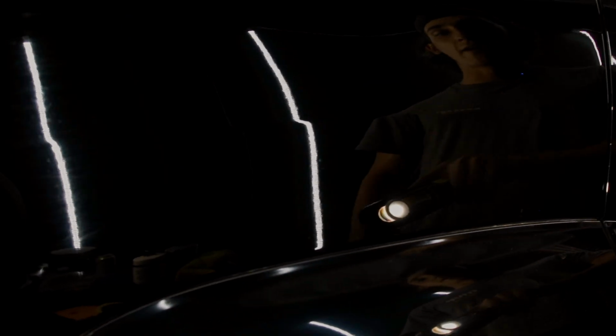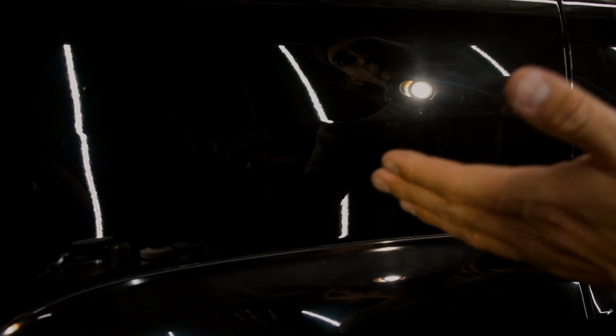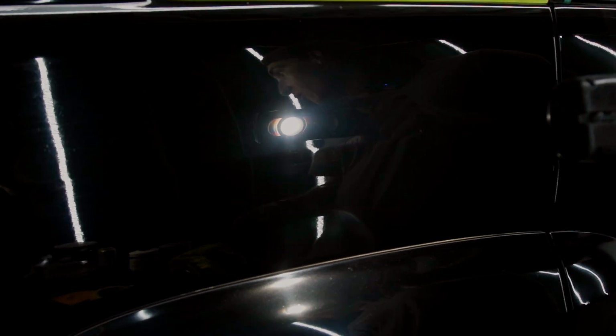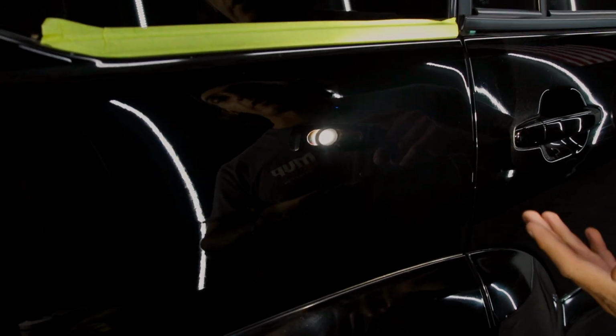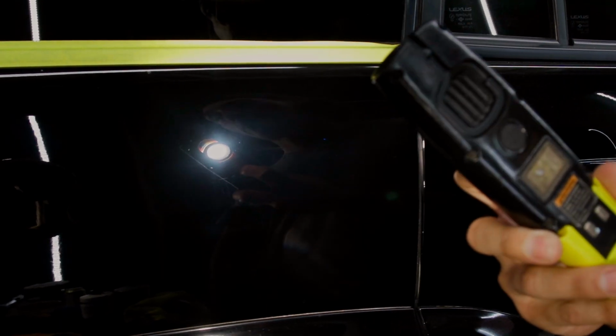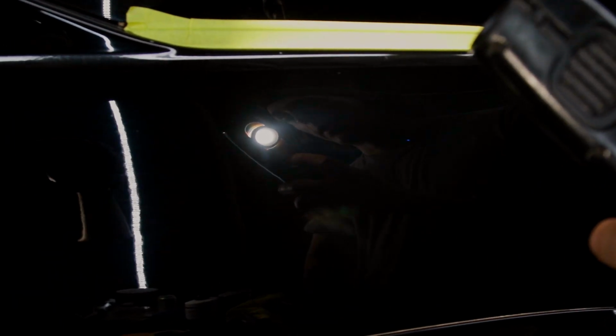This is an off-road vehicle. It's also 22 years old, so it has a lot of defects. I already knew going into this that it's not going to be a perfect correction, because what we're doing is a 2-step correction. This car truly needs a 3 to 4-step correction with sandpaper, a rotary polisher, a DA polisher, and also doing 2 steps with that DA polisher to really make this paint pop like we did on the other